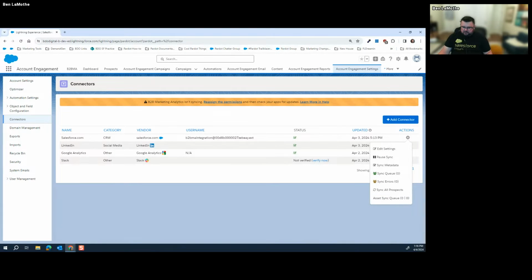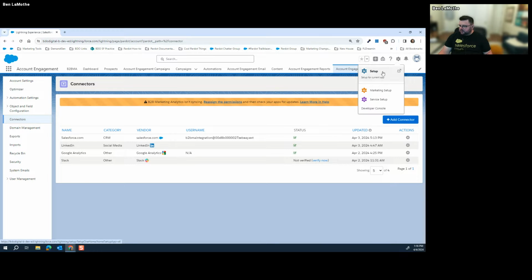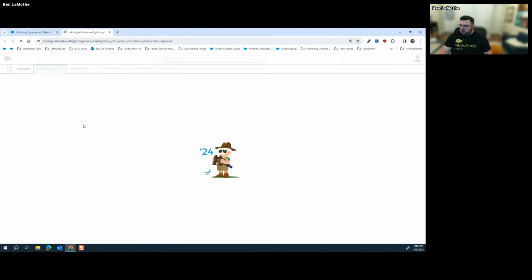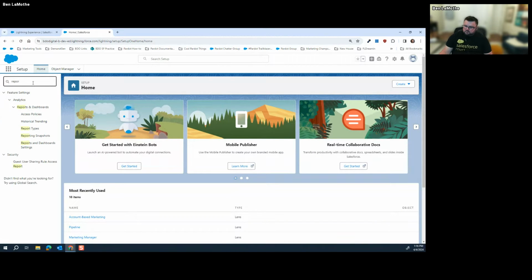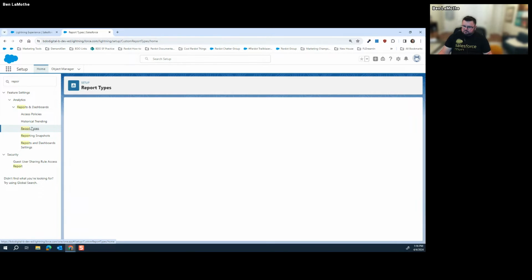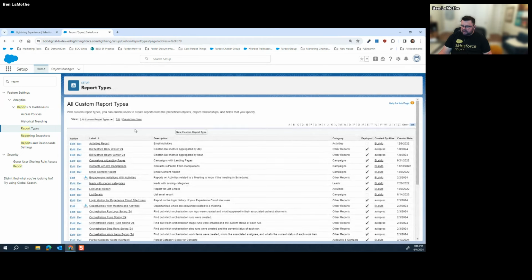Question about, are there any Salesforce links on how to expand these reports as you are doing? What custom report types to build? So when you're thinking about custom report types, I would think about it from the perspective of what you are ultimately trying to achieve. What is the main object? So when you go into report types and you are wanting to understand,